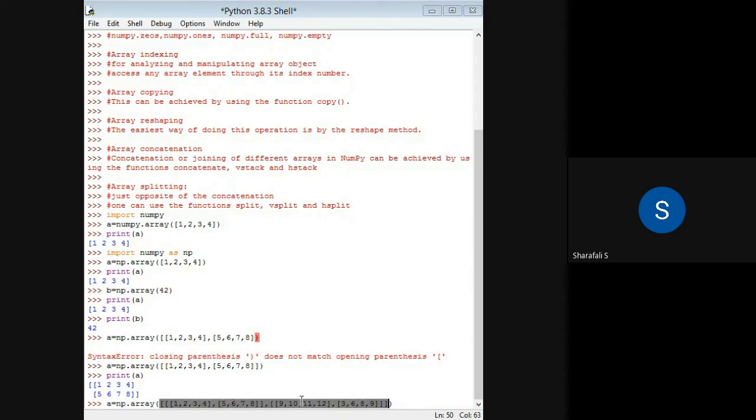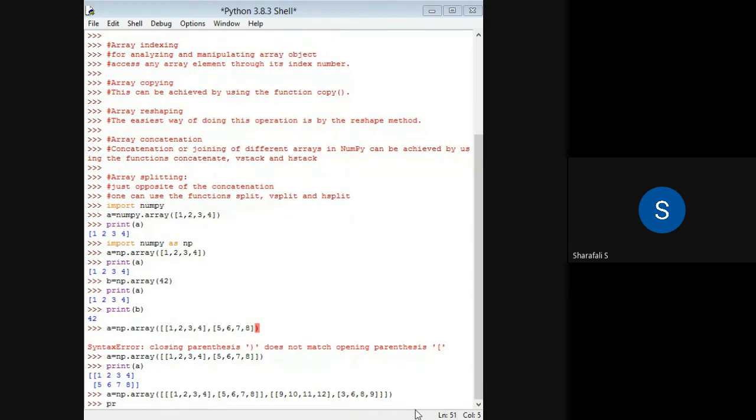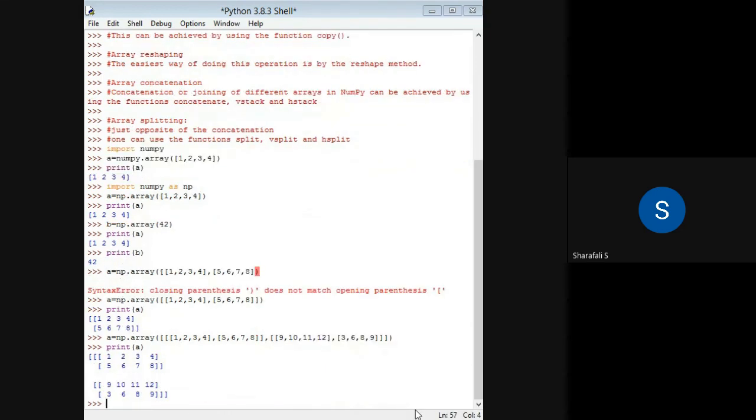So I have taken this complete set in one case to this part, and this is another complete set, and both of them are in this part. And if I press enter now and take the print of that particular array A, then I will be getting it like this.